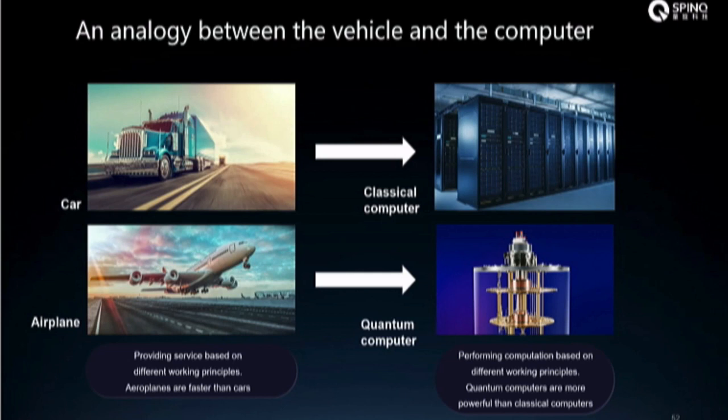The last slide, let's do an analogy between the vehicle and the computer, because they are so similar in some aspects. For example, if you would like to go to Abu Dhabi from Dubai, you'd better choose a car instead of an airplane. If you would like to add 1 and 1, you'd better choose a classical computer. But